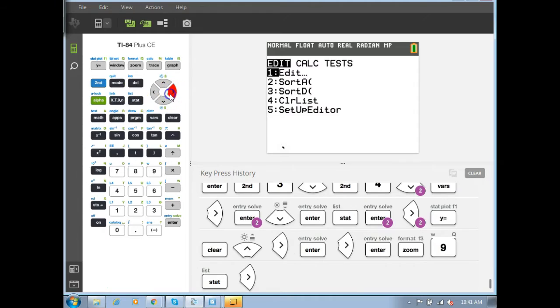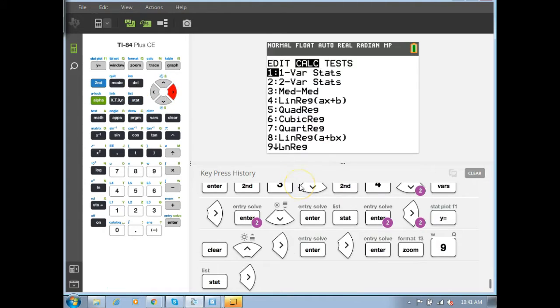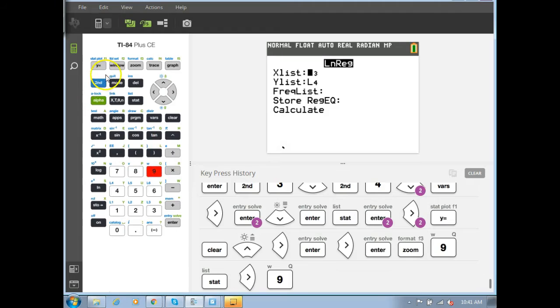So stat, calc, and which one is logarithm again? Be careful. It's number 9, the natural logarithm regression. So make sure your data is coming from the right spot. Mine's list 5 and 6. And I don't think you need to store the function this time. Oh wait, do we? I think it moves on to the next page. How terrible. You know what? You might want to store the function. You don't have to,